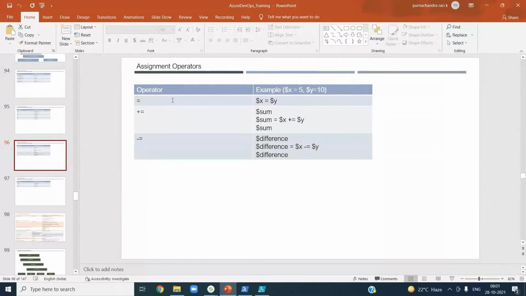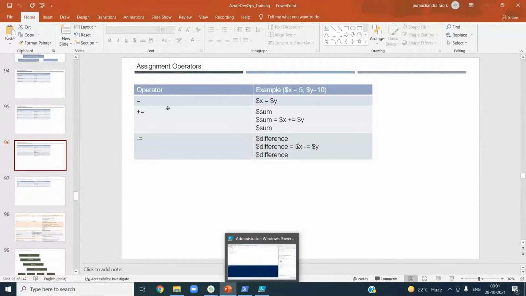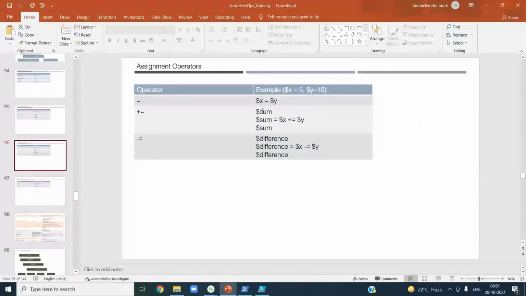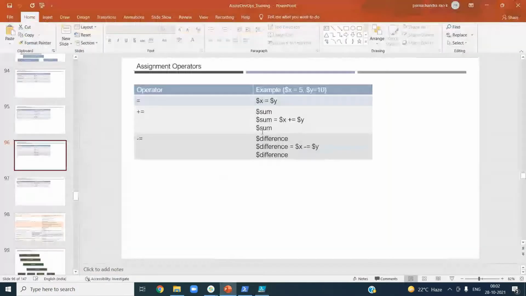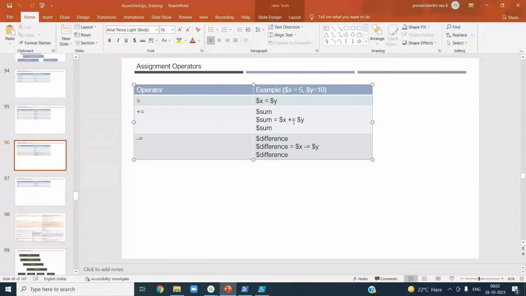So we already used assignment operators, like assigning some value to some variable, that's what you've done. Here you already did it. Your x, 10 is assigned to x, so you have your equal to operator. You already used the assignment operator and the variables, and this is pretty much similar to what you have in other languages. It is equivalent to $x plus $y basically.